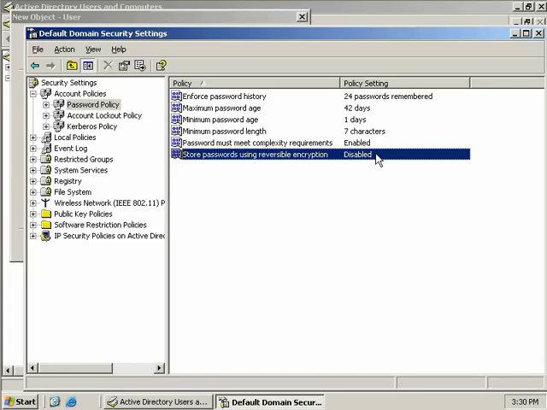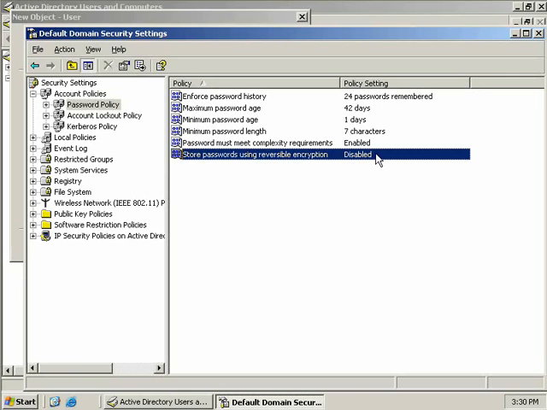as security is concerned. But this policy will be required if you're using the Challenge Handshake authentication protocol through remote access or internet authentication services, or if you're using digest authentication in IIS. Now the default setting of course is disabled, so unless you have a screaming requirement to enable it, then leave